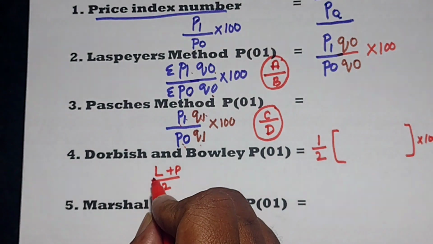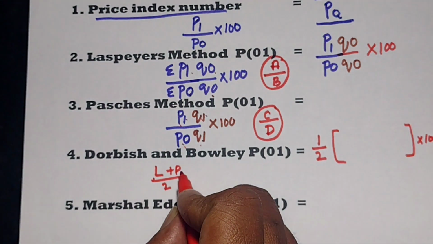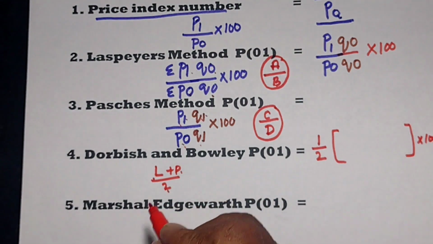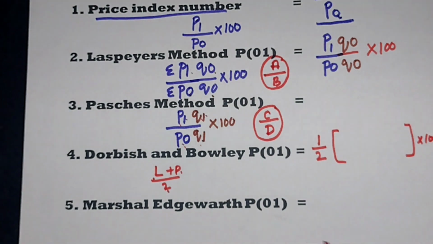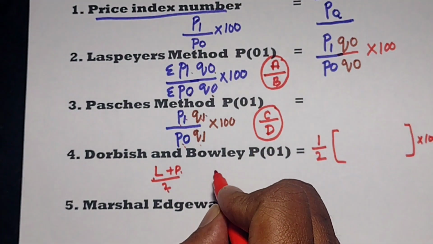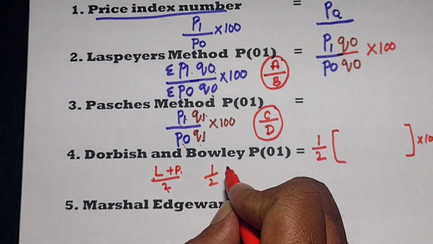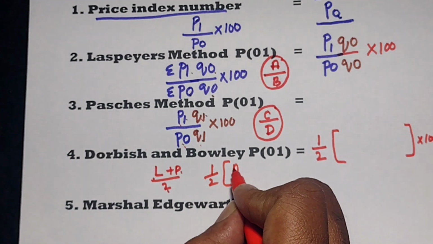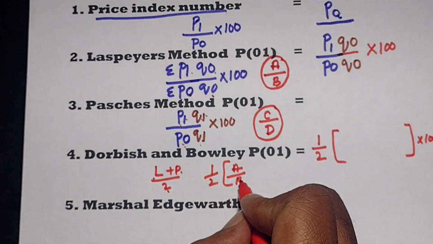L refers to Laspeyres and P refers to Paasche, divided by 2. Or else the same thing can be remembered as the shortcut method, 1 by 2 of A by B